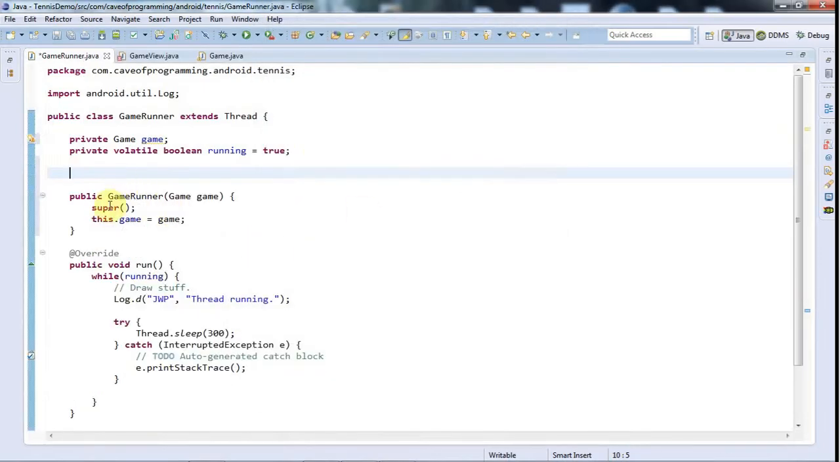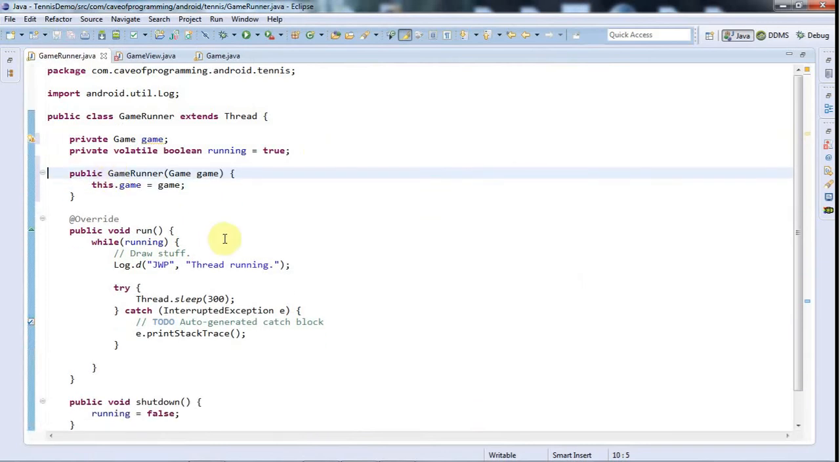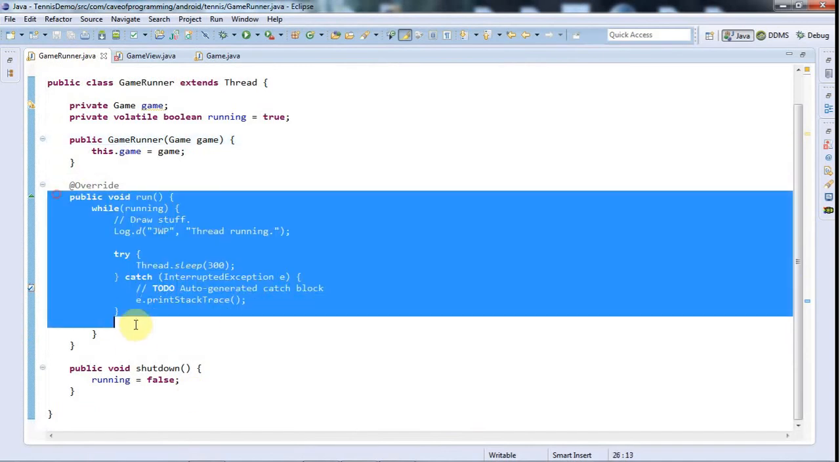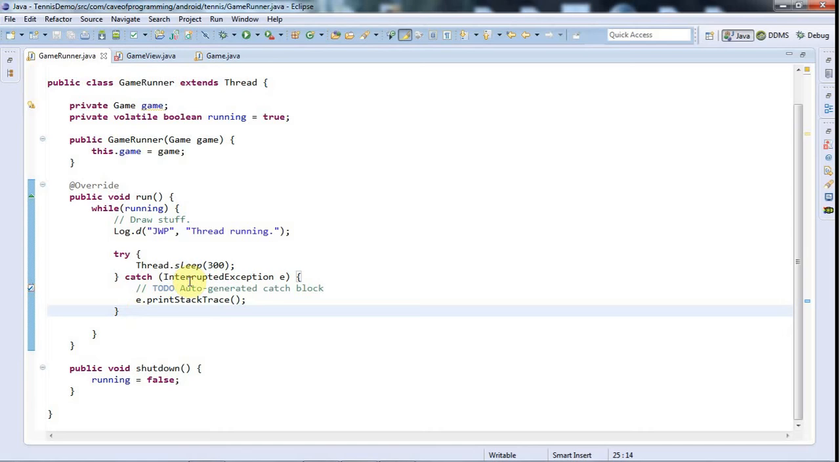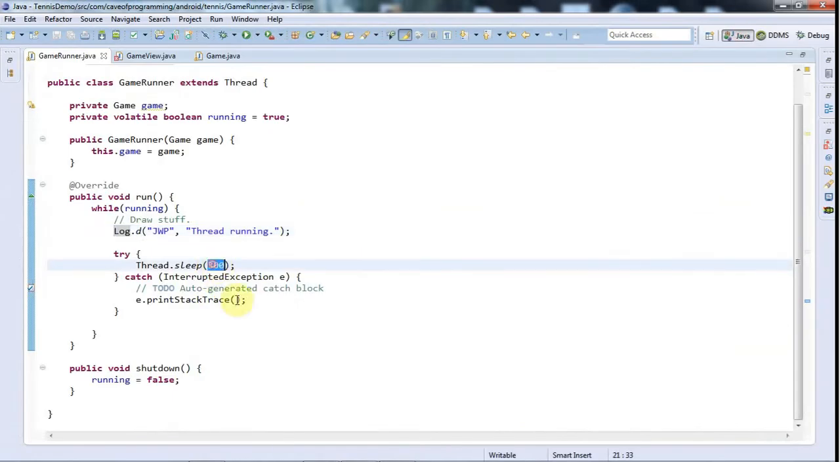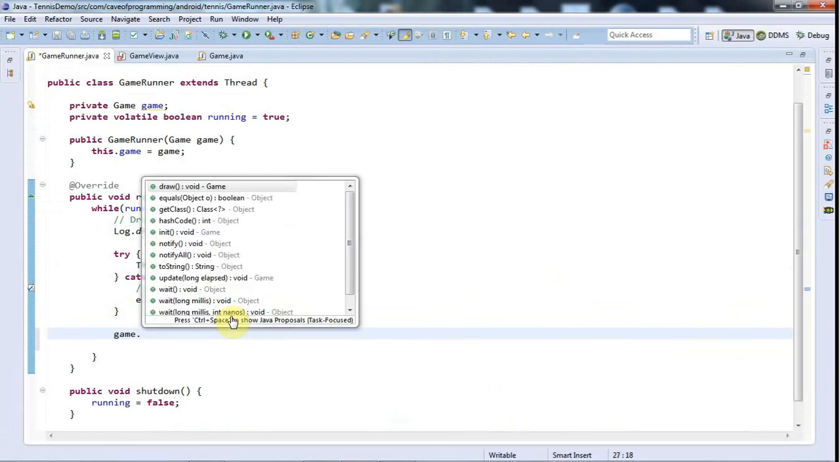There we go, and I'll get rid of super because I don't need that. And now in my run thread here, I can call the game methods. I'm going to get rid of this debug because I've used that and I know that it works now. It's actually running on my phone at the moment, and it's saying thread running about 3 times a second. And in here I'm going to say game.update,